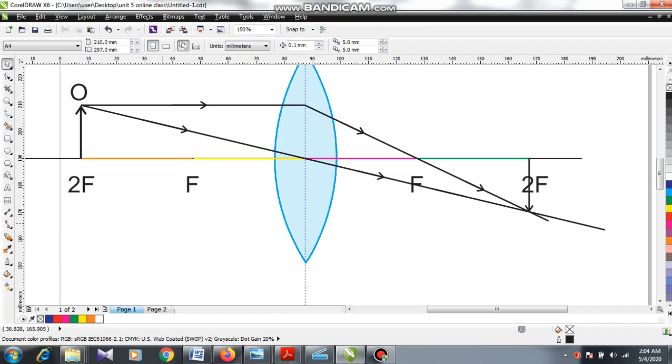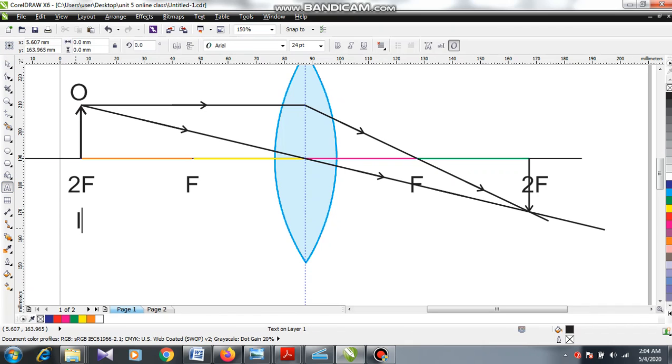If you don't get it in the right place, decide that you have made some mistake in the measurement or in the parallel nature of the lines, or you have extended a little behind or before the optical axis. Anyway, let's come to the image properties.